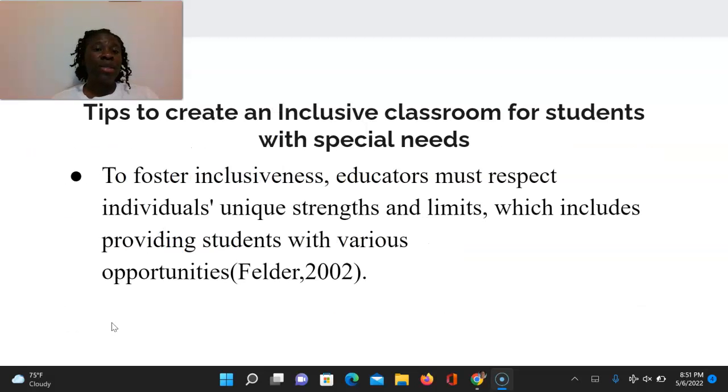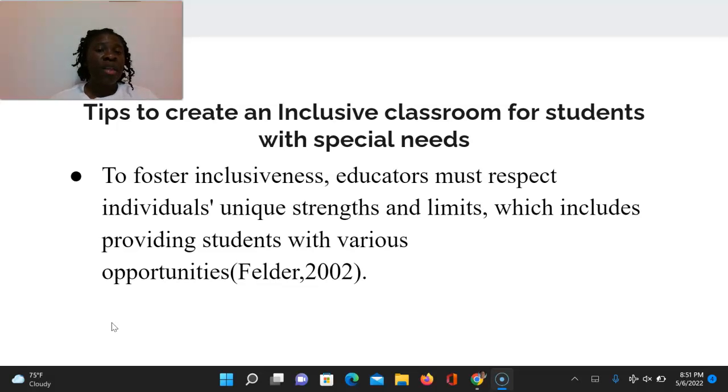So let's go to tips now to creating an inclusive classroom for students with special needs. So to foster inclusiveness, according to Felder, 2002, educators must respect the individual's unique strengths and limits, which include providing students with various opportunities.